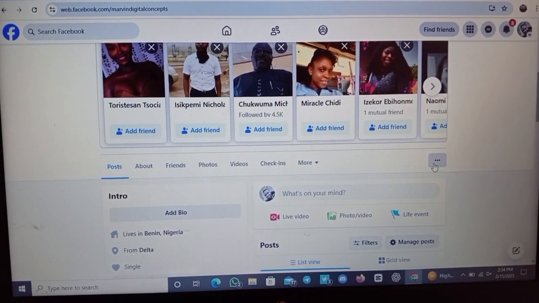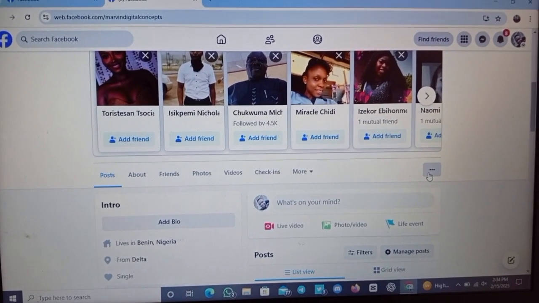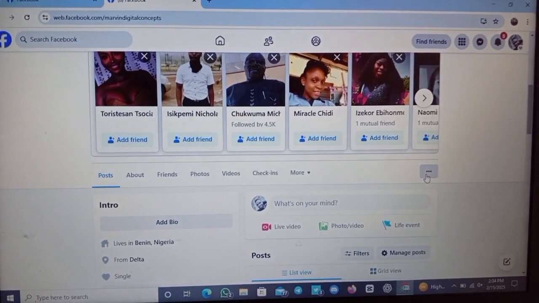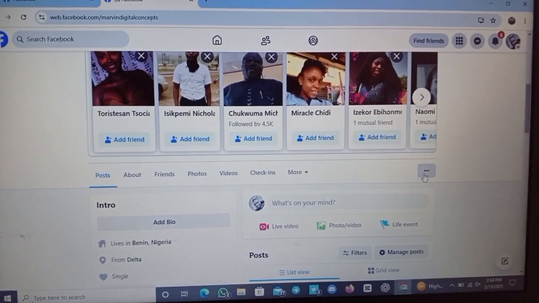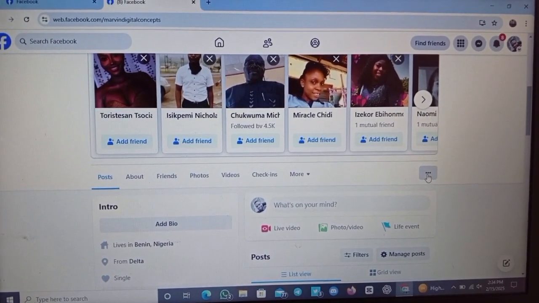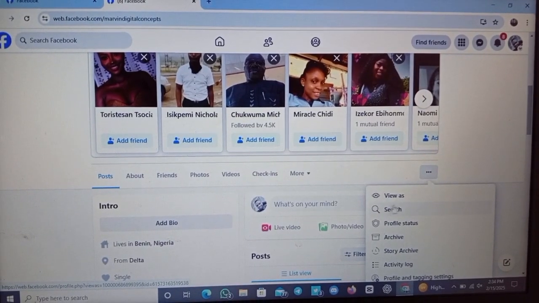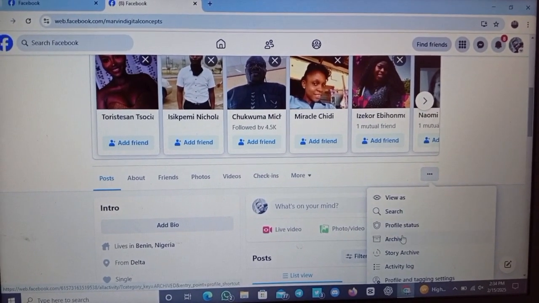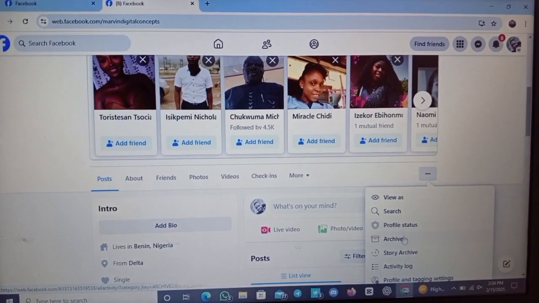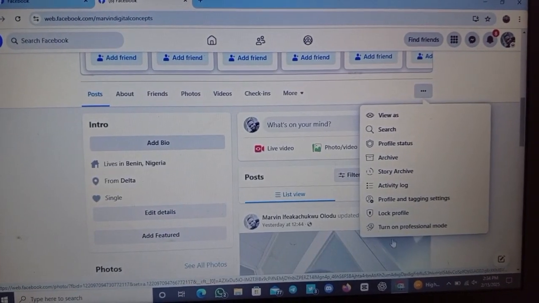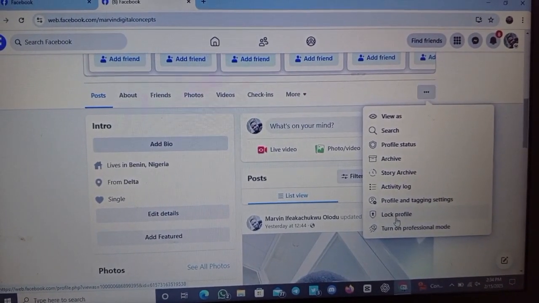You see where you see this three dotted line. Even if it's your phone you are using, you are still going to see this three dotted line like this. When you see this three dotted line, click on it. When you click on it, you see view as, you see search, you see profile status, you see archive, just like that. Scroll down, you are going to see where they wrote